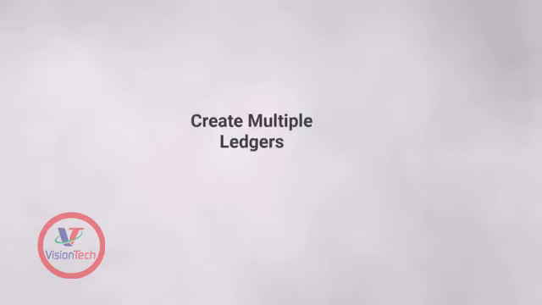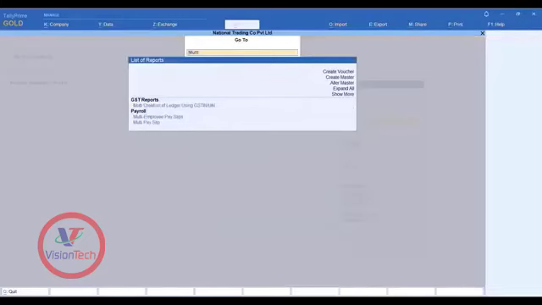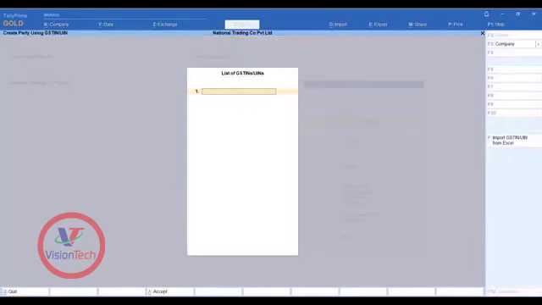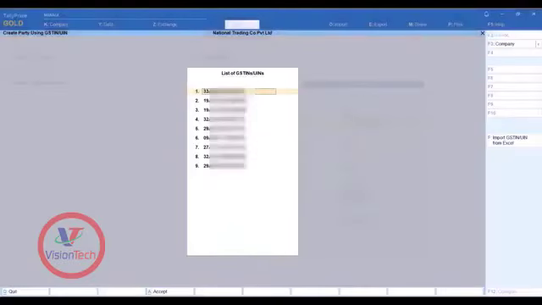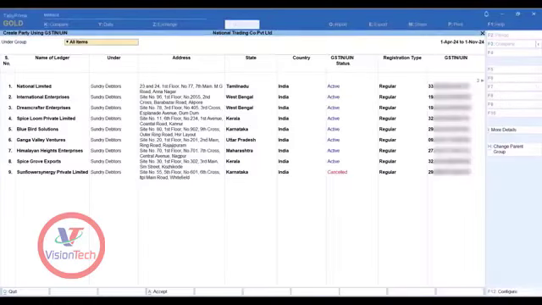You can do this for multiple parties at once. Press Alt-G, type bulk or multi and open the bulk ledger creation using GSTN UIN report. You can either enter all the GSTN UINs manually or import the Excel file containing the list. Press Alt-F to import GSTN UIN from Excel file. Select the file to import. Once you get all the GSTN UINs, press Ctrl-A. The ledger details get displayed. It has all the information.